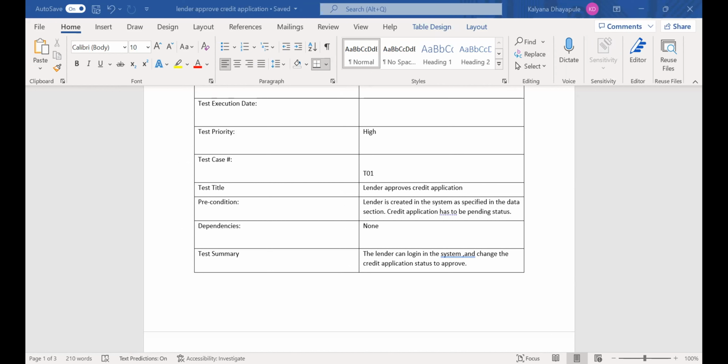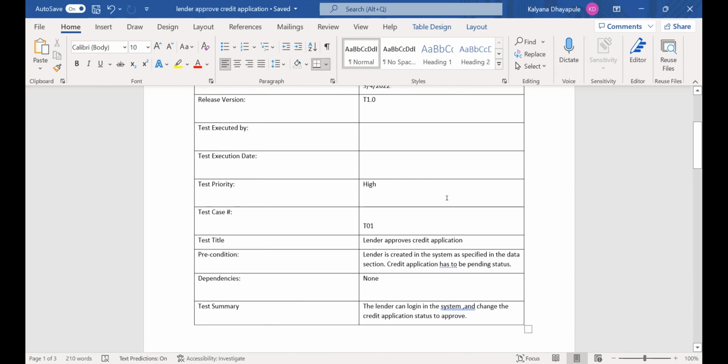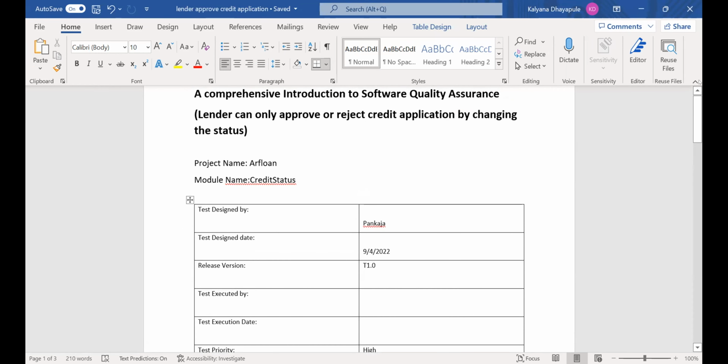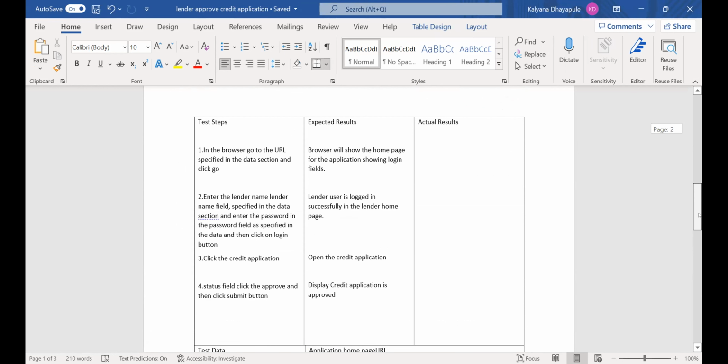Okay, so lender approves credit. This is the approval scenario. You have it. And what are your steps here? So first the